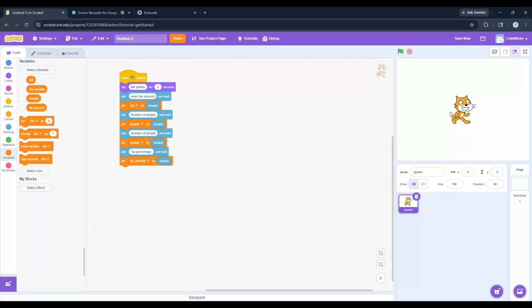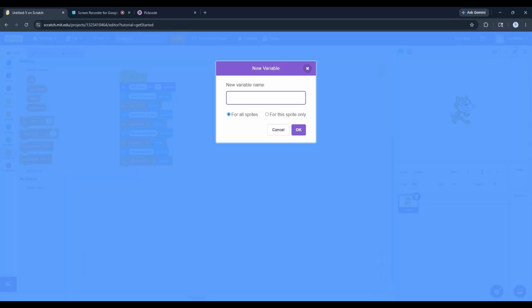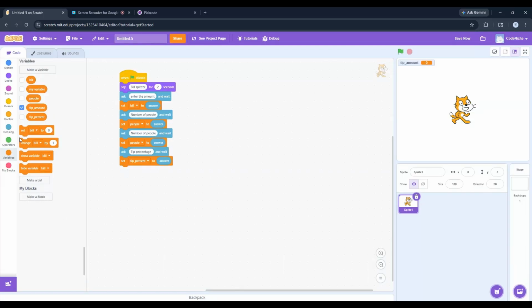Now here we are going to talk about the core concept of all the mathematical operations, right? So I'm going to calculate the tip amount first of all. In order to calculate that, of course, we will have to use a variable, because I want to store the data that comes after adding the tip amount also. So tip amount, because when we are asking in percentage, we will have to calculate it, right? Now this is a very interesting portion.